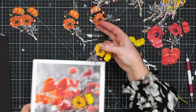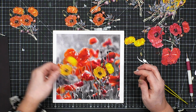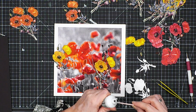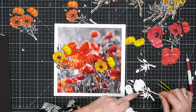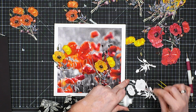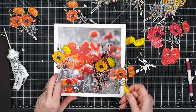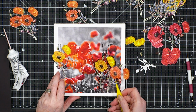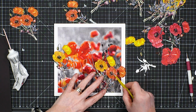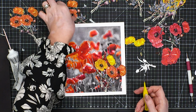So now bring this back in and we'll have a look at where I'm going to sit these. So I want the orange ones on first. A little bit of glue. I'm not going mad with these because these are going to sit a little bit flatter than the others. Now I'm looking at creating, so when that opens, like so, that will now sit there because that now opens like this. And then we have